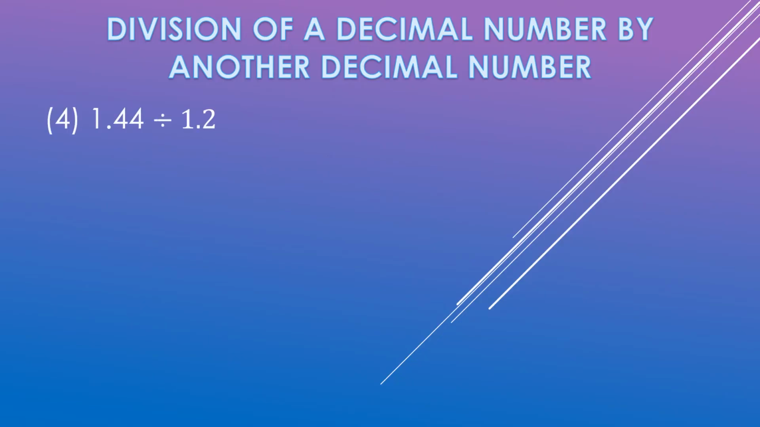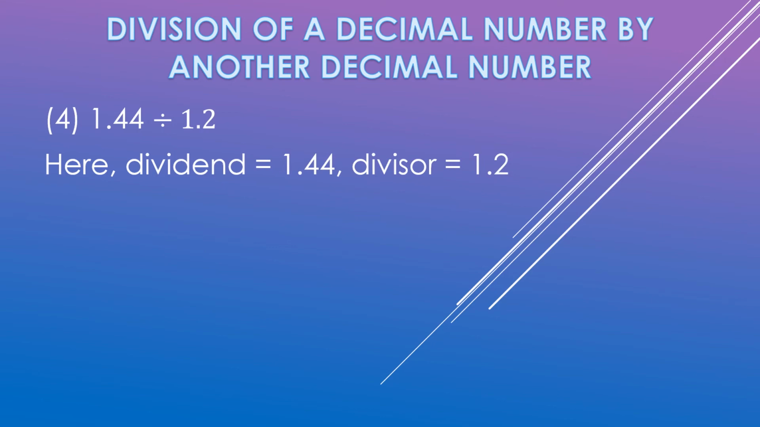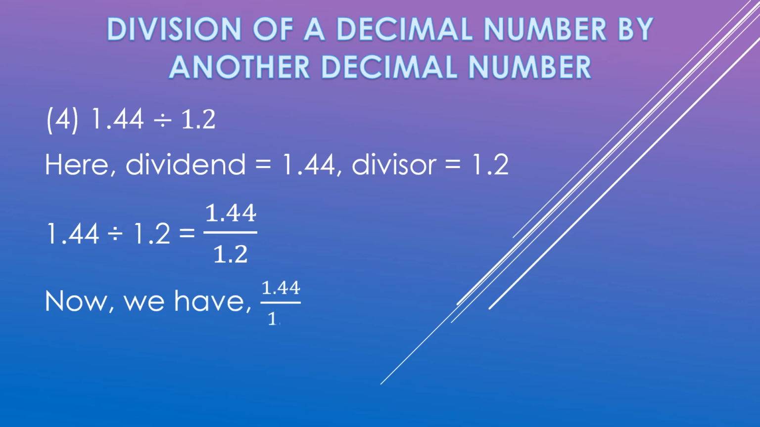Question number 4. 1.44 divided by 1.2. Here dividend is equal to 1.44 and divisor is equal to 1.2. Now write it as fraction. So 1.44 divided by 1.2 is equal to 1.44 upon 1.2. There is a decimal point in the divisor. We first need to remove the decimal point and change the divisor into a whole number. See, 1.2 has one digit after decimal, so we multiply the numerator and denominator by the same number 10 to